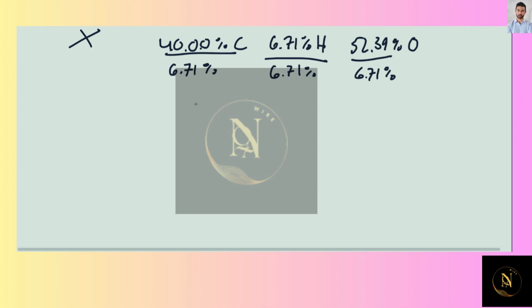Okay, so let's see, 40 divided by 6.71, I get 5.96. And I get 1 for hydrogen. And let's see, 52.39 divided by 6.71, we get 7.8. Okay. Point here is that this is basically telling us the mass ratios of our various